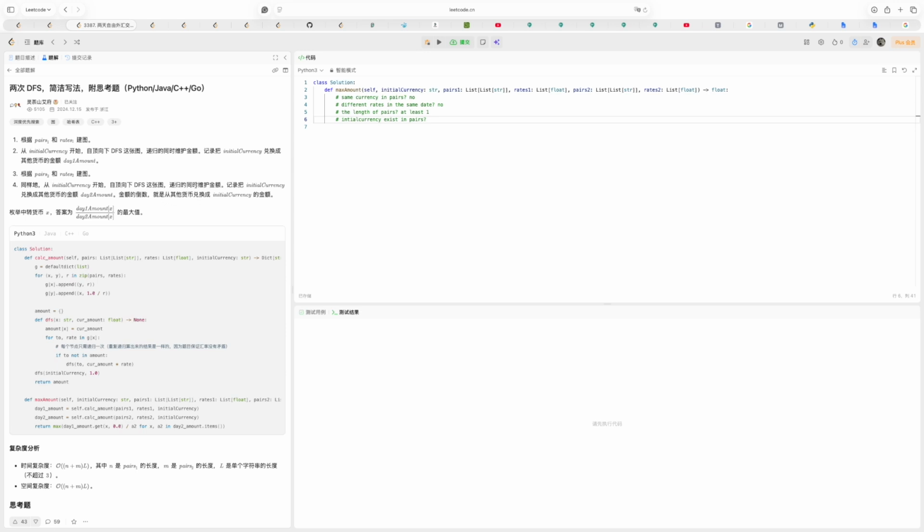Keep track of the initial currency changing to other currency, the amount of changing, and then